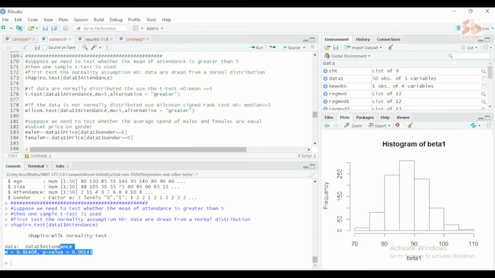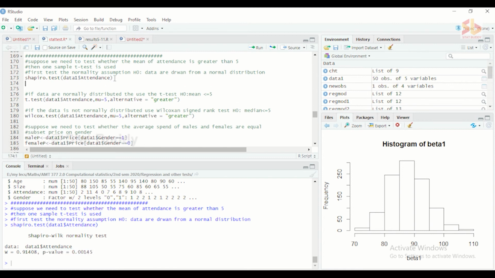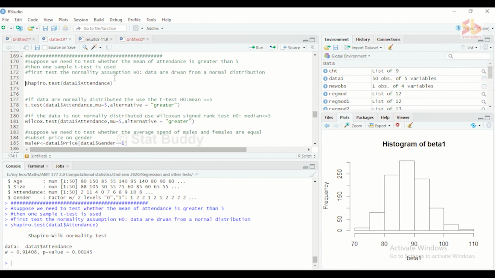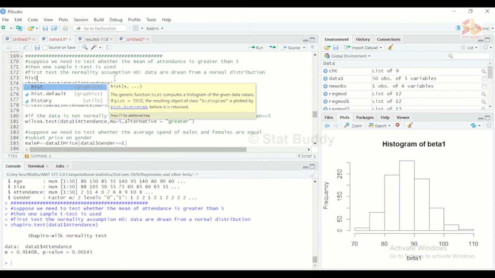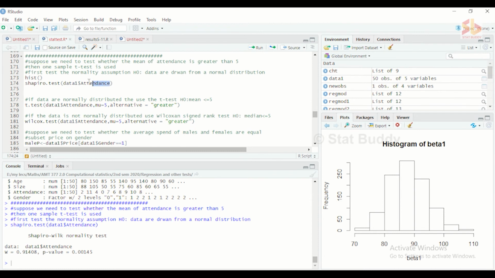So it says you have to reject the null hypothesis. So we can take a histogram and check whether it is okay with the normality test result.